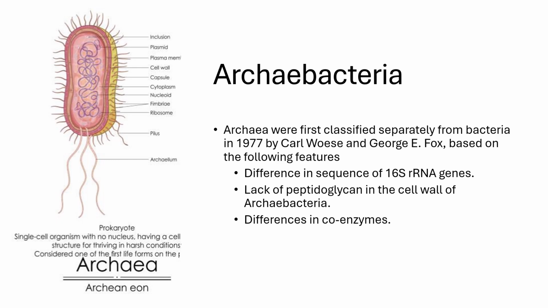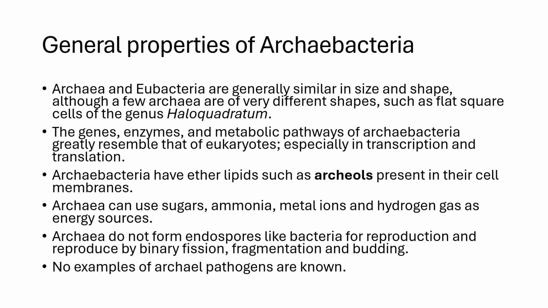And then further studies revealed that the archaebacteria did not have peptidoglycan in their cell wall, and there were some other different coenzymes present in the archaebacteria, especially with respect to translation and transcription of the DNA in them. So these were the properties based on which the archaebacteria were separated from the eubacteria, and here is a diagram in which you can see its structure and some points. We move ahead and talk about further